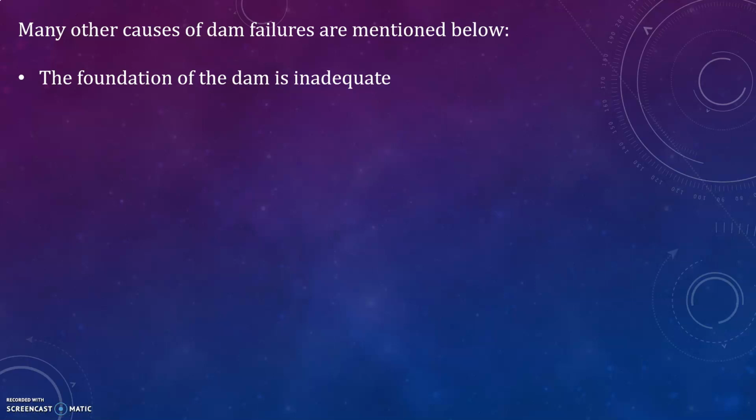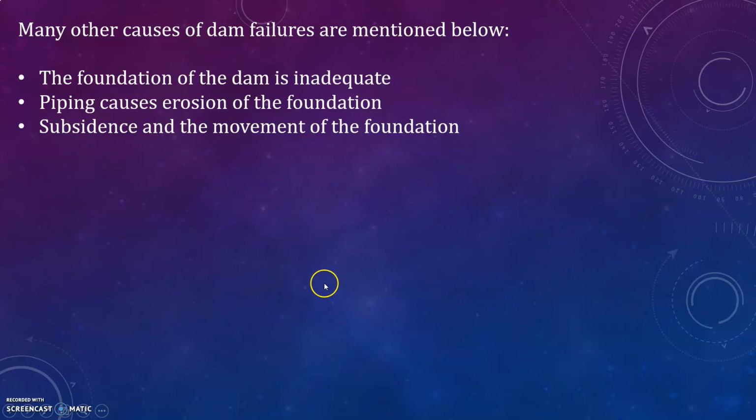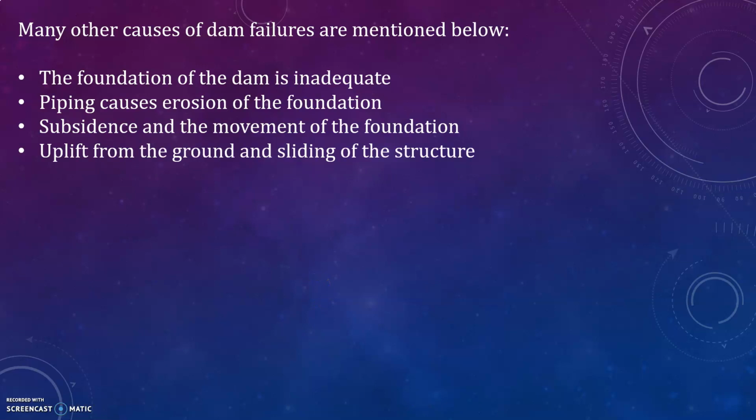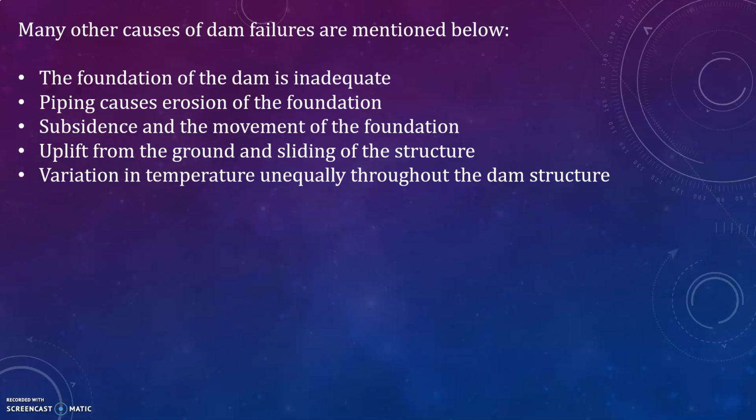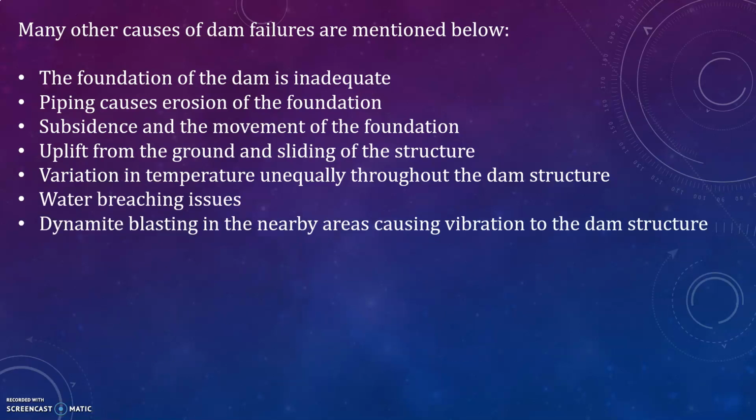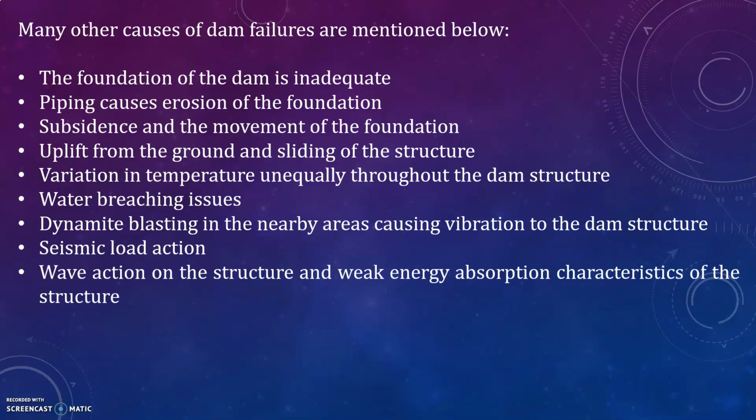Suppose the foundation of the dam is not proper, inadequate, then there may be a failure of the dam. Also, piping causes erosion of the foundation, and subsidence and movement of the foundation, and uplift from the ground and sliding of the structure. Then variation in temperature unequally throughout the dam structure, then water bridging issues, then dynamite blasting in the nearby areas causing vibration to the dam structure, seismic load action, then wave action on the